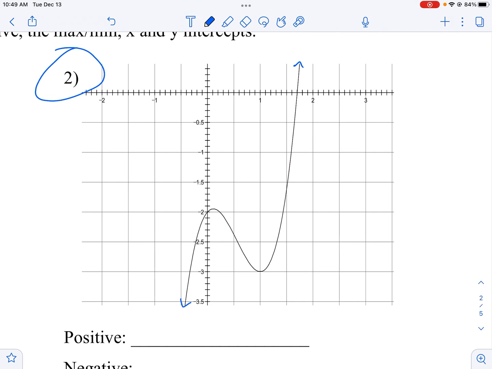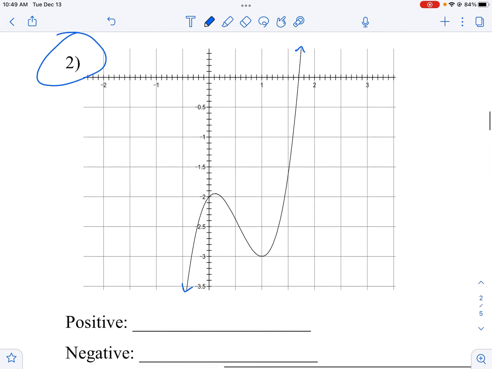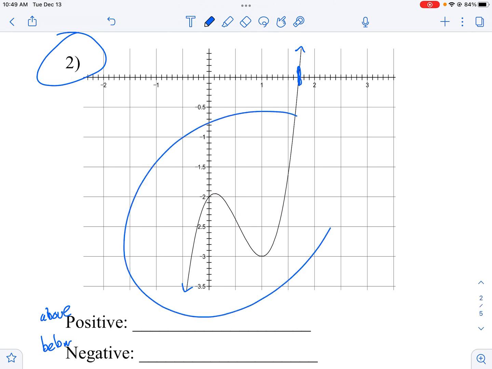Just assume it's got arrows there. And as I look over this function, I need to figure out where it is above the x-axis and where it is below. So this is above and this is below. Well, it switches right here. This whole section here is below the x-axis,